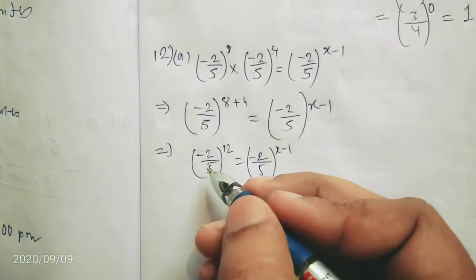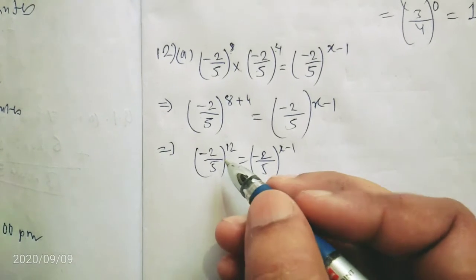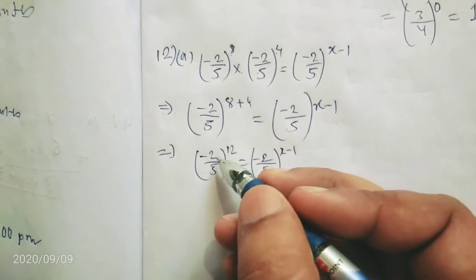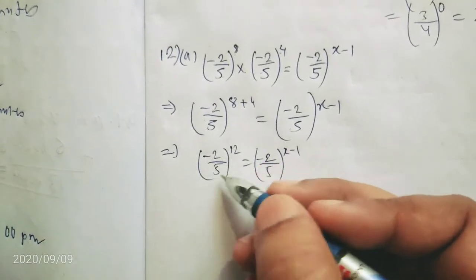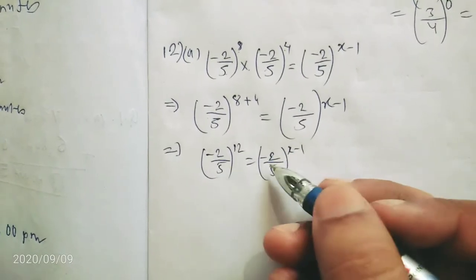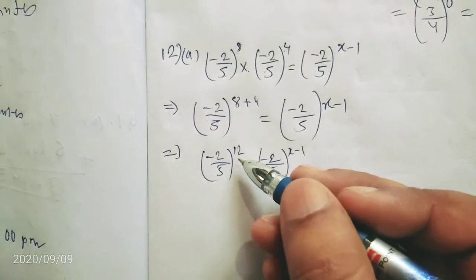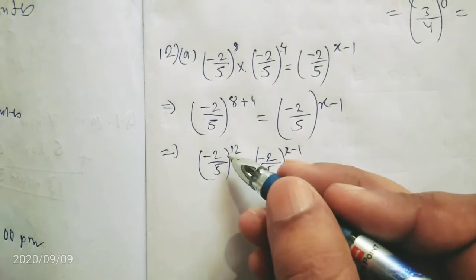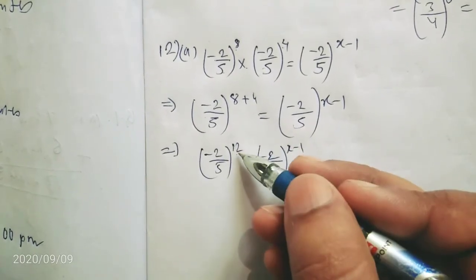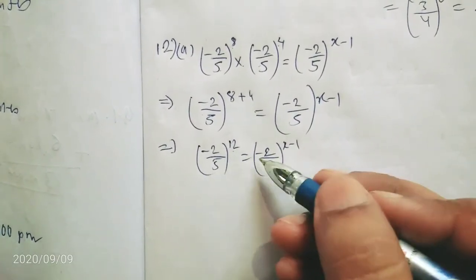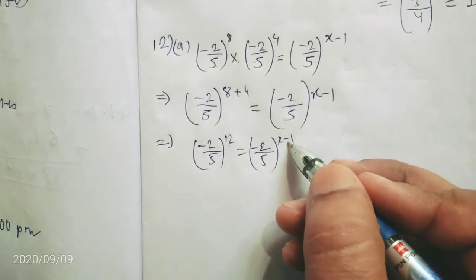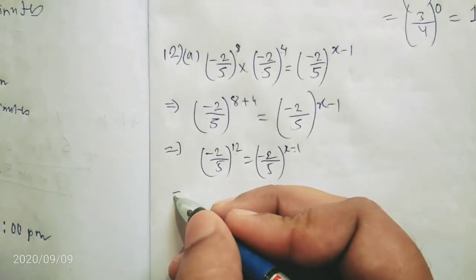I told you in the example I have shown you in this book that when the bases are the same, you can see the bases are the same on both sides, LHS and RHS. When the bases are same, then the powers are also the same. So that means these are equal, then no need to write the base now. You can write the powers on the LHS and RHS. That means they are cancelled out.